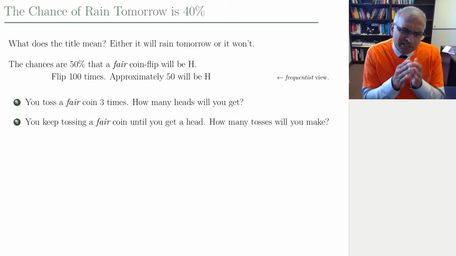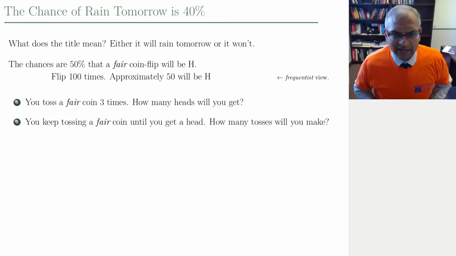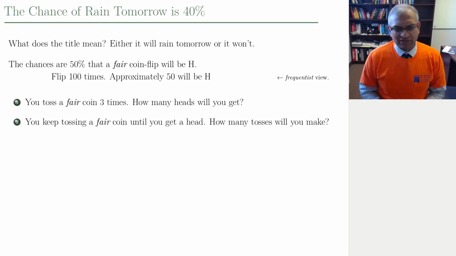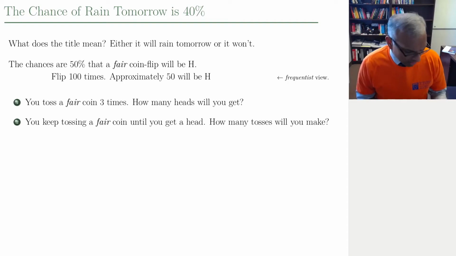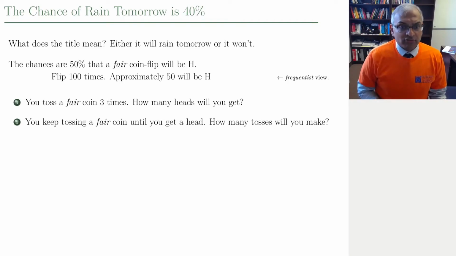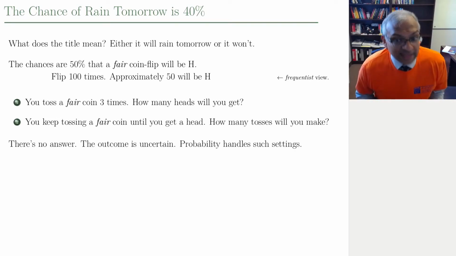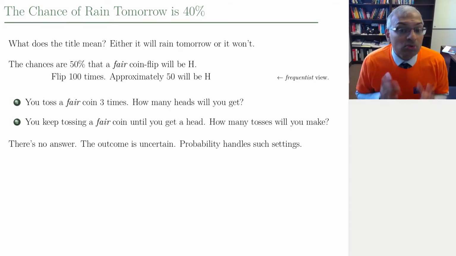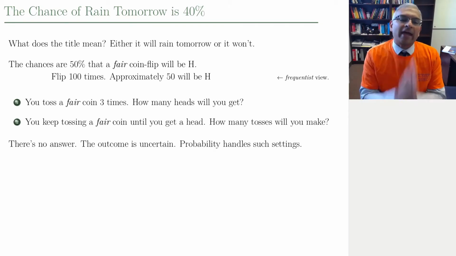If we try to literally interpret the 50% because they're fair coins, for the coin that's flipped 3 times, we are expecting to get 1.5 heads. No, that's not possible. You'll get either 0, 1, 2, or 3 heads when you flip it 3 times. And how many times will you flip a coin until you get a head? The fundamental thing that you should take away from these two relatively simple everyday questions is there's no single answer. That's the idea behind probability. That's the idea behind randomness. The outcome is uncertain, and you won't know the outcome until you actually do the experiment.